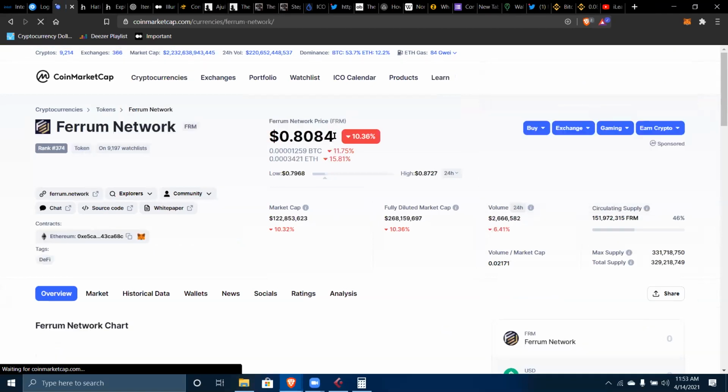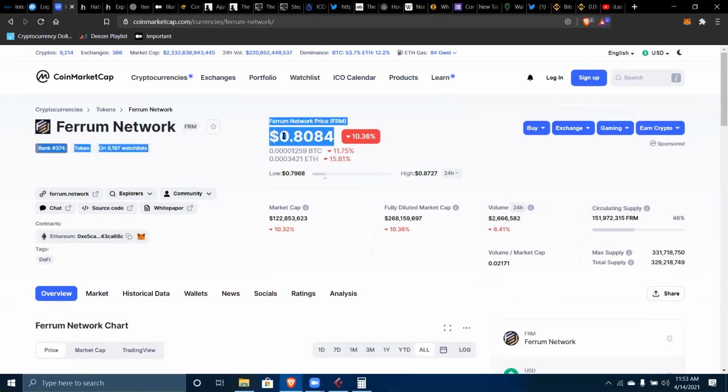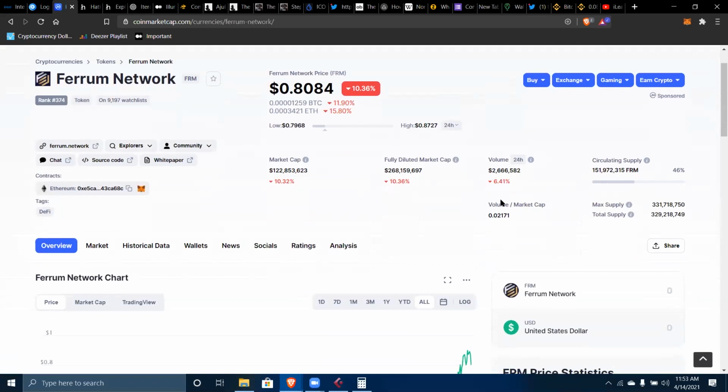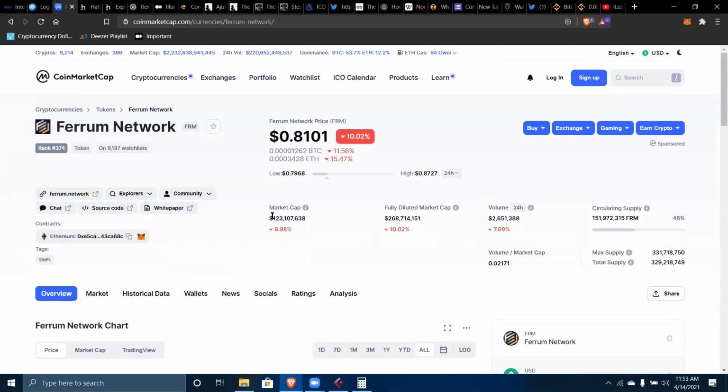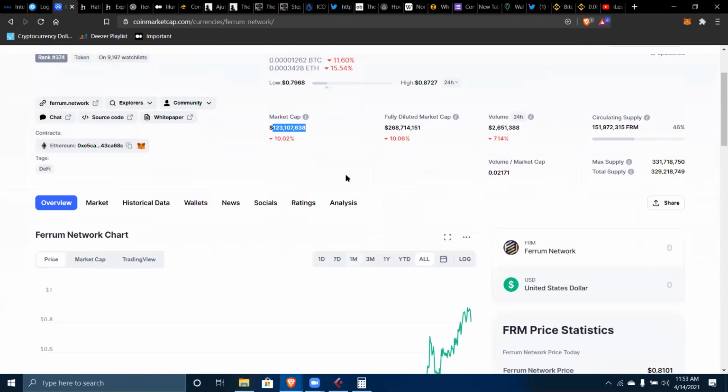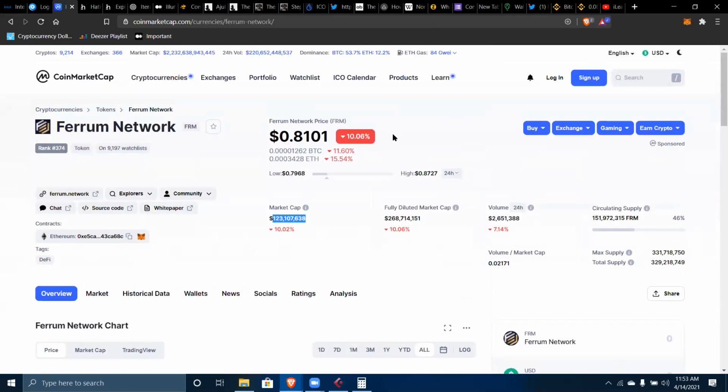FRM is so funny because we started buying FRM from like 12 naira and it's currently almost $1. It got to 0.9 recently. But looking at the market cap, it's just 123 million. Very solid use case. FRM still has a lot to do, and I feel like there's still so much upside potential to FRM, and we're still holding,